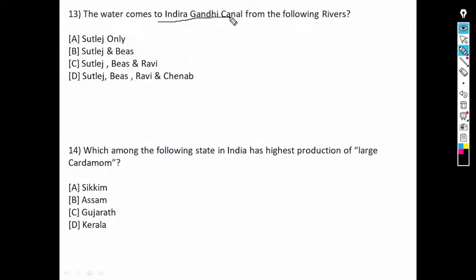The water comes to Indira Gandhi Canal from the following rivers. Which of the following rivers' water comes to the Indira Gandhi Canal? Satluj, Ravi, and Chenab. Where is the Indira Gandhi Canal? Satluj, Beas and Ravi. The answer is Satluj and Beas only. Okay, let's discuss. Next: